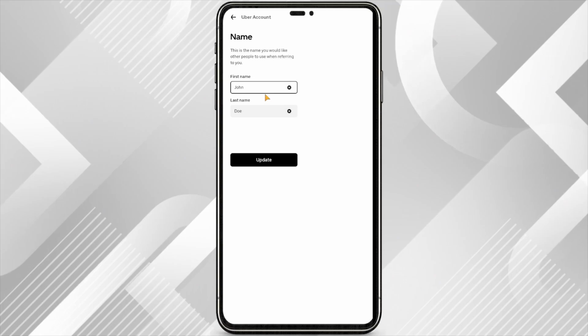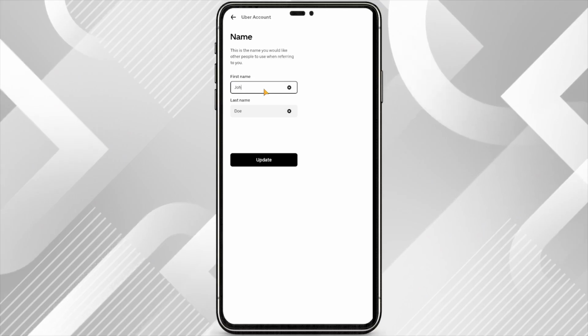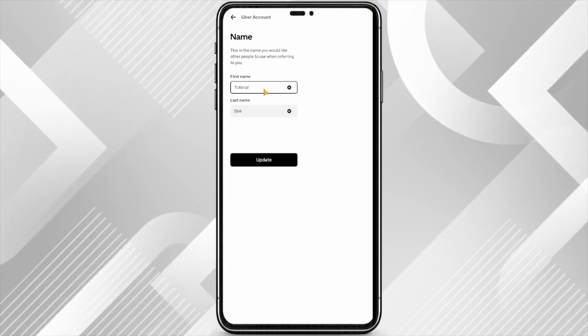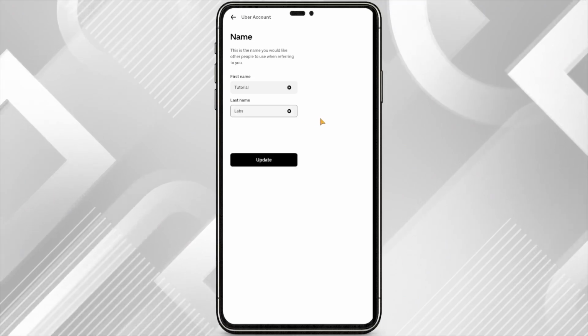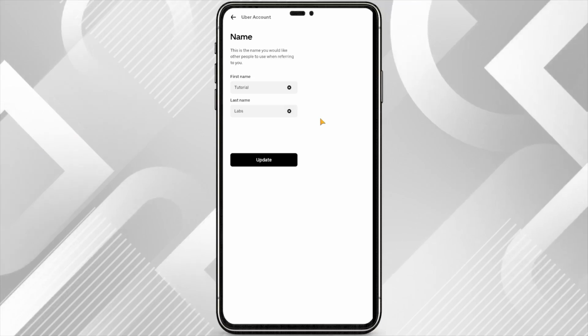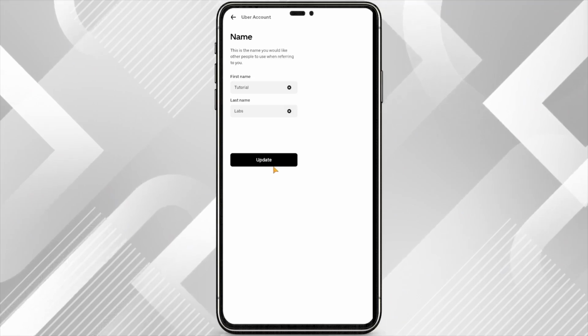At this point, the app displays two text fields for me. I'm tapping into the first name field and typing in my new first name. After that, I'm moving down to the last name field and entering my new last name. It's important to double check the spelling here because this is the name that drivers will see when they accept my ride requests. Once I've entered both names correctly, I'm looking for the update button, which is usually located at